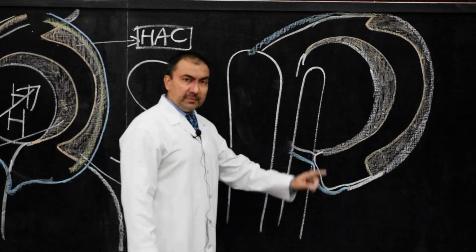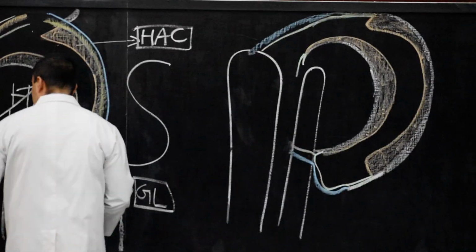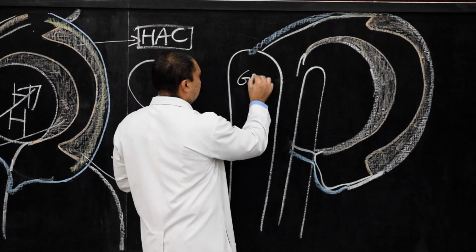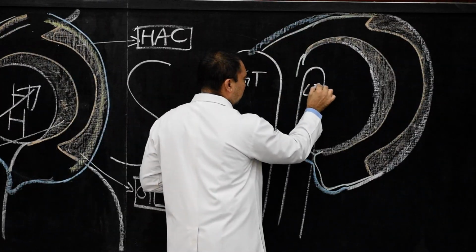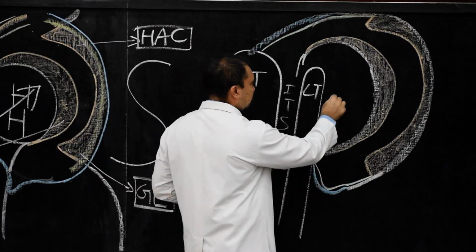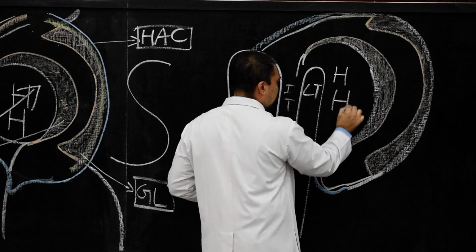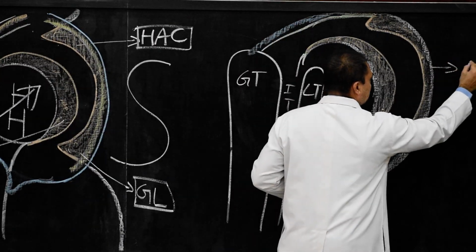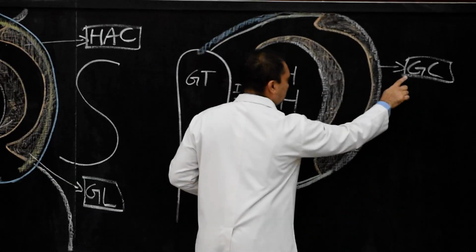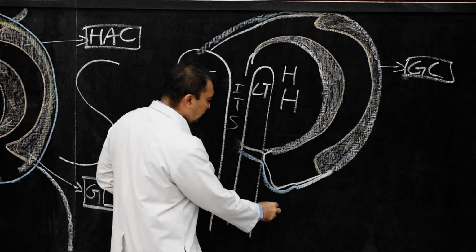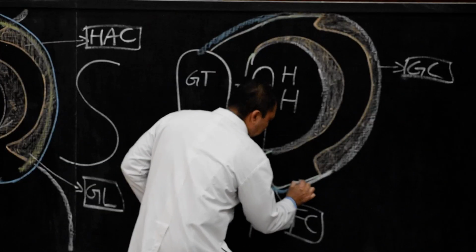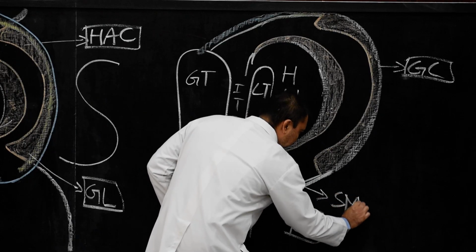Now here in this synovial membrane diagram, in order to make it clear, this is the greater tubercle, this is the lesser tubercle, and this is the intertubercular sulcus. Just to make it clear, this is the head of the humerus, and this is the glenoid cavity of the scapula. Over here we will mark this as fibrous capsule, and over here we will mark this as synovial membrane.